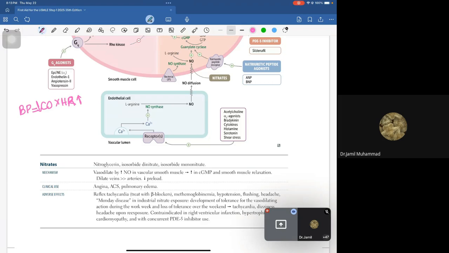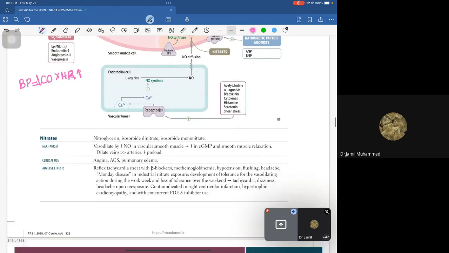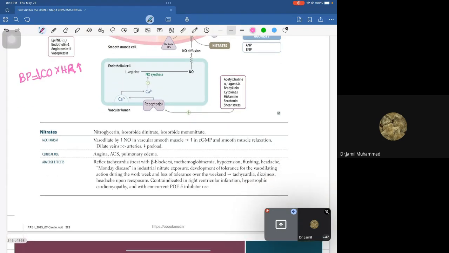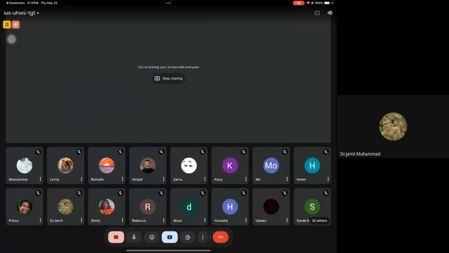Right, now an important thing here is that you cannot give nitrates in right ventricular infarction. I have told you why you cannot give nitrates in right ventricular infarction, and at the same time you cannot give nitrates in hypertrophic cardiomyopathy as well, because in both of these conditions if we give the